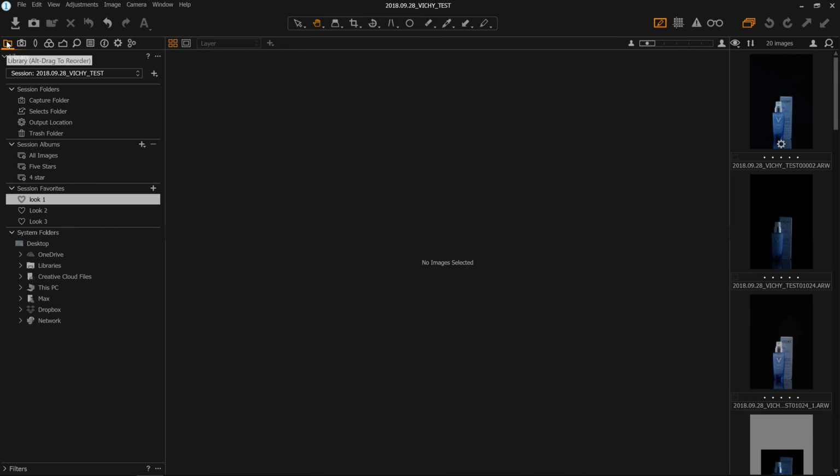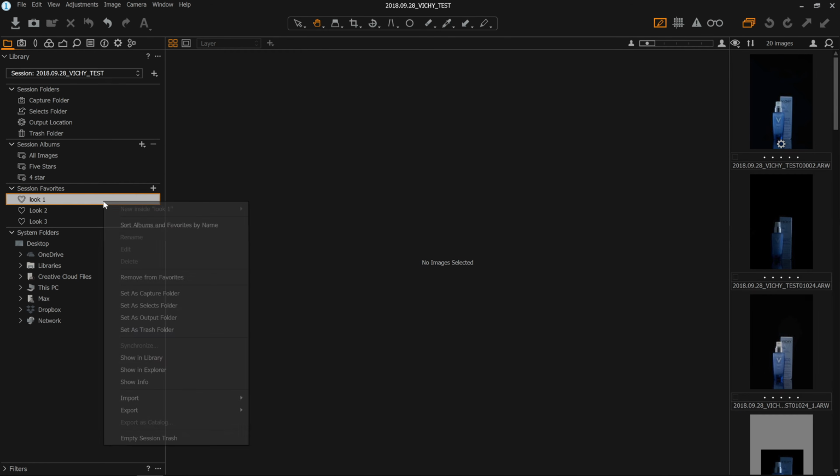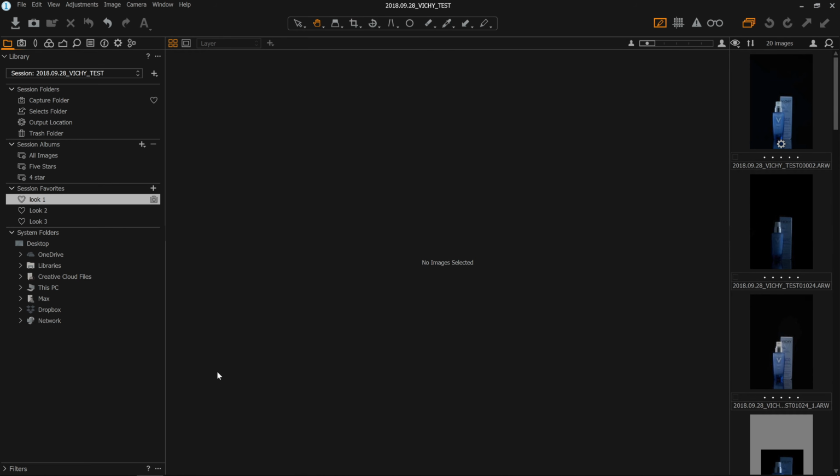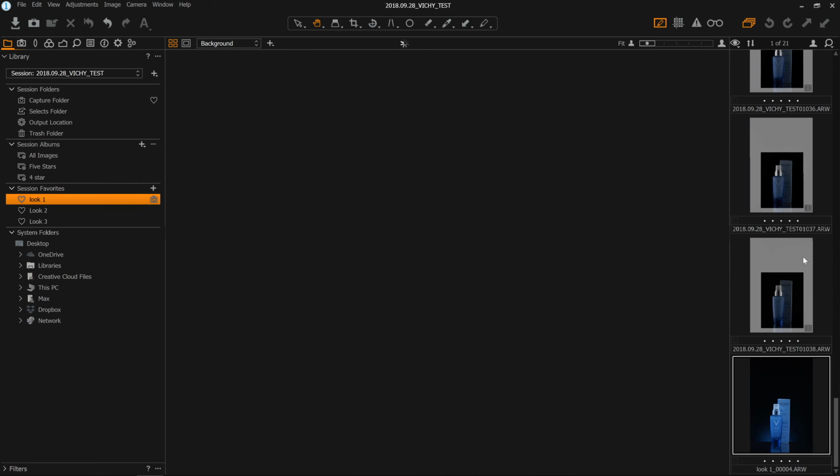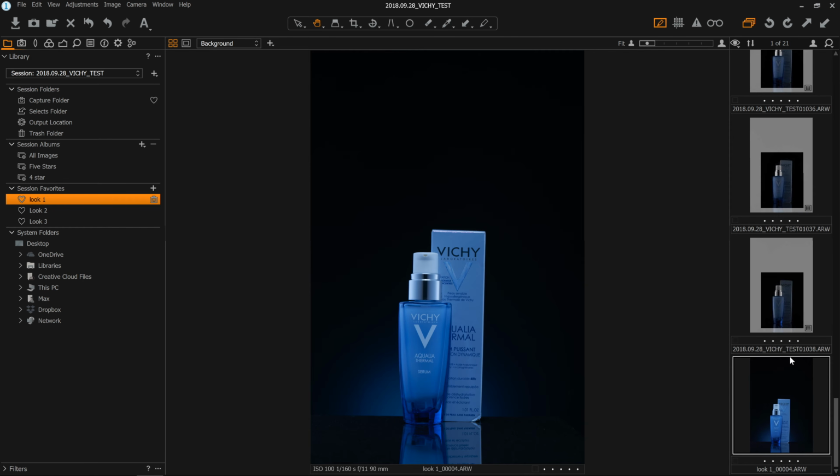Which is fine. This is what we wanted. So going back here in our session favorites, we have our first look. If I right click on that and go Set as Capture Folder, you'll see the little symbol appear, and we know it's now set as the capture folder. If I capture an image now, Control or Command K, we'll see the image jump in here. There we go. All the settings haven't been applied, but we can see there is our new image,